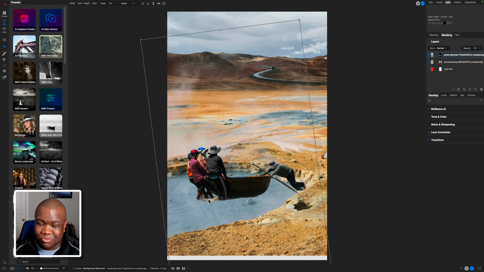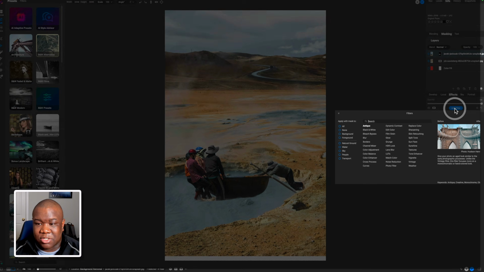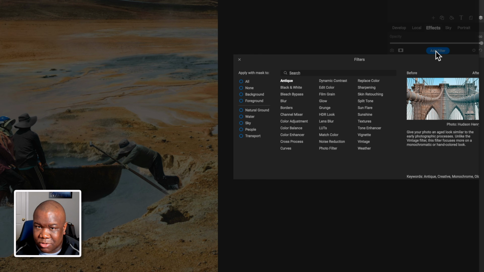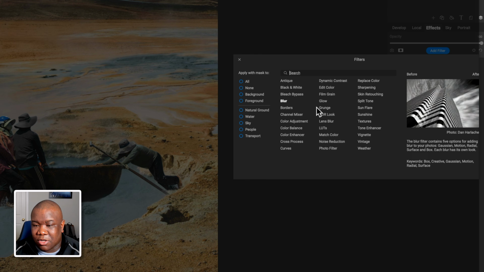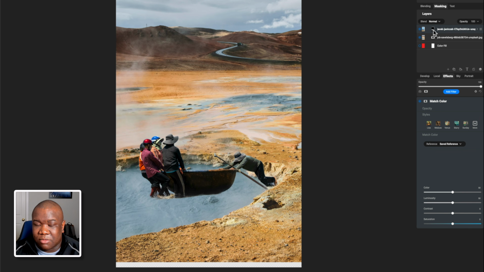Now, again, this is really just me playing around and showing a concept, but let me show you one more thing that you could do, which is on the image layer. I need to make them look like they fit in with the background. Well, I can come over to effects, and if you're on the newest version of ON1, which at the time of the recording is ON1 Photo RAW 2025, then you can come over here and click on match color. And again, I'm still on the image layer, and I'm going to apply. I'm going to go ahead and hit